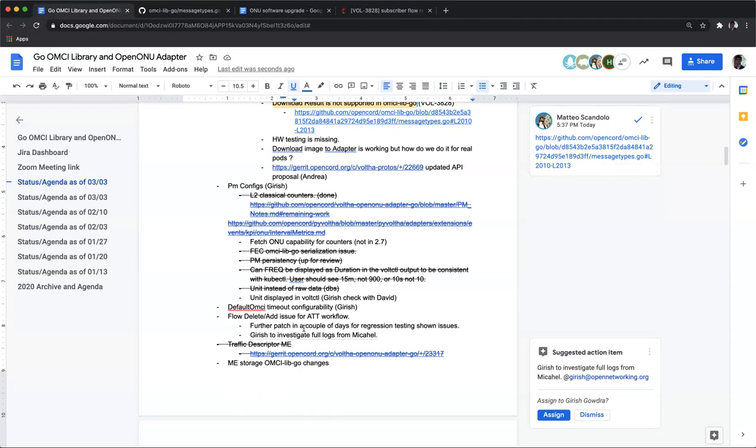Michael shared a set of full logs out of a run that shows the apparent issue with the ONU adapter effectively receiving the flows in the proper order, but somewhat reordering them before getting them to the actual processing. So that's just something that we will worry about, and we'll take it offline.